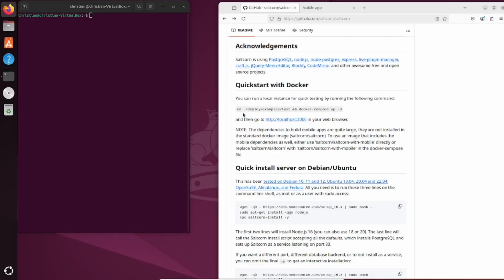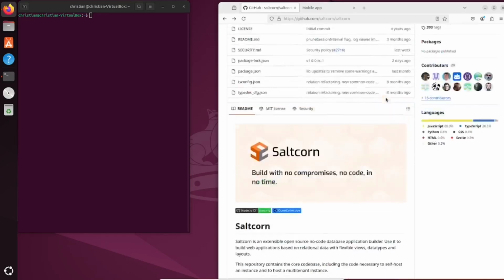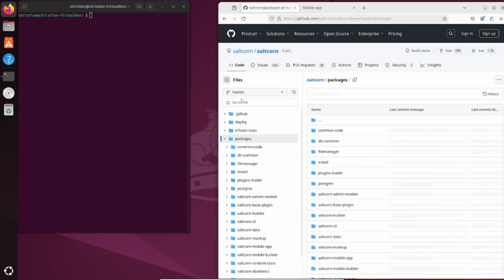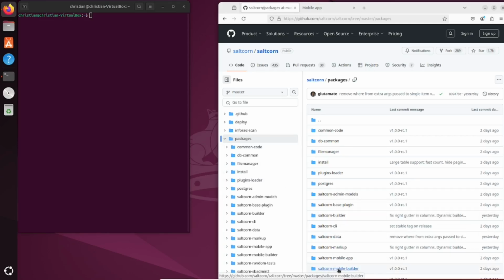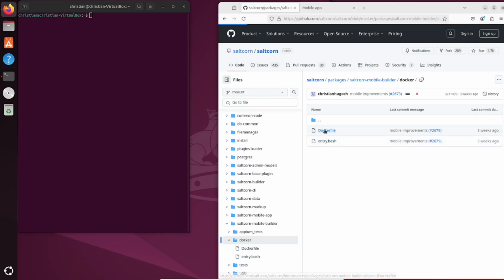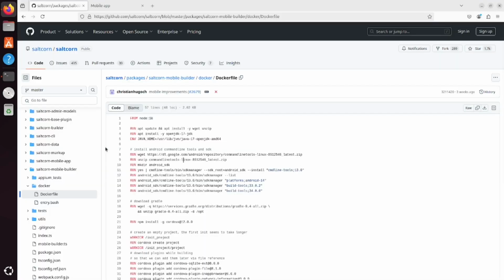Another way to set it up is to not use Docker but use your own Android SDK. You can install your SDK with Android Studio or use the command line. As a guideline for which commands are necessary, you can take a look at the Docker file itself, which is under Packages, Mobile Builder, Docker, and open Docker file. You don't need all commands from this file, but let's take a look at the most